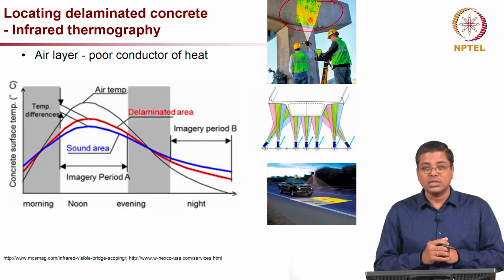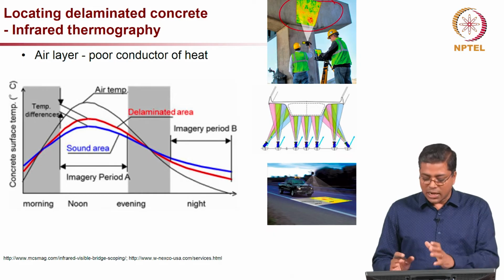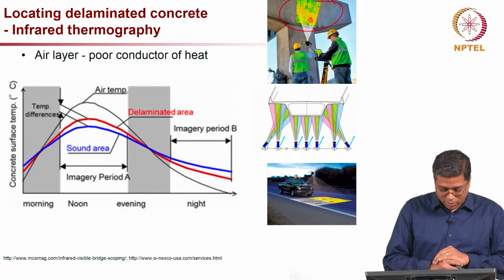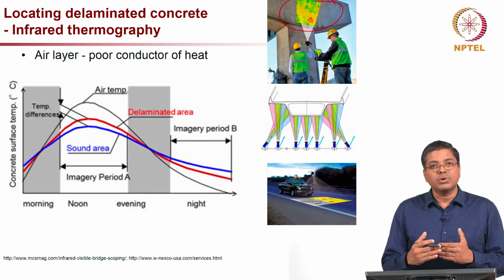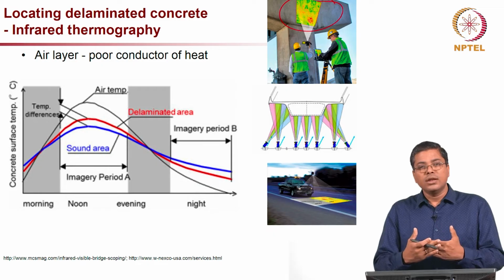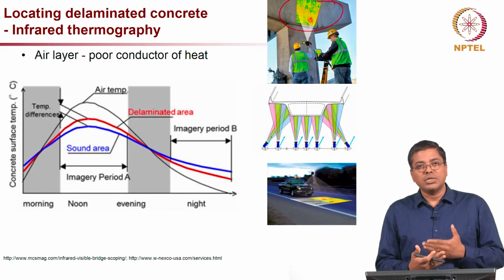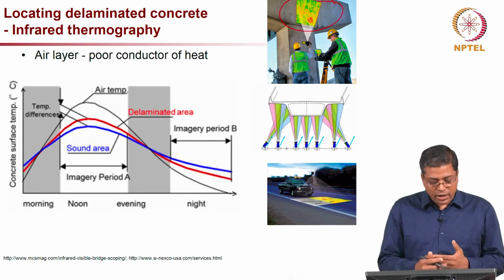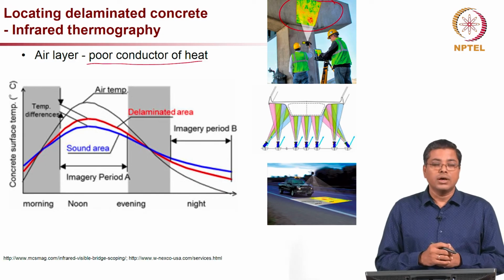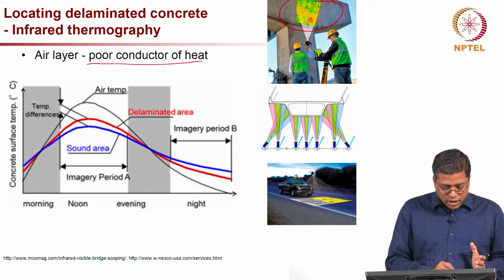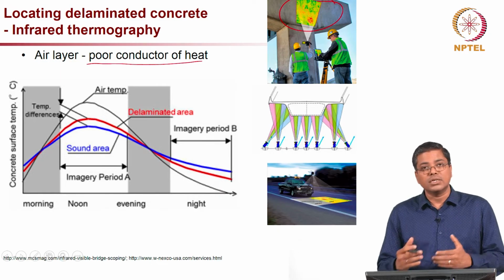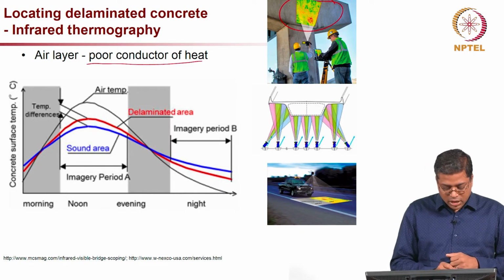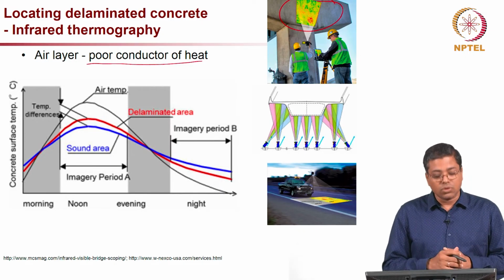You can see some region is red, some yellow, some green. So, that will tell you which region is delaminated and which is not, and it is working on the principle that if there is a delamination, then you have an air layer between the surface concrete and the substrate. So, this air layer is essentially a poor conductor of heat. So, that will give you a different curve than the region with intact concrete. So, you can see in the graph here, the blue curve indicates the good quality concrete or sound region,